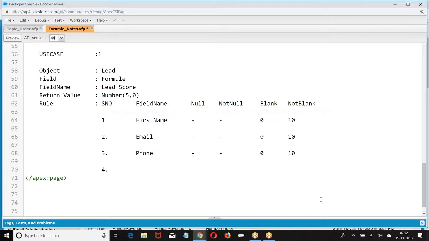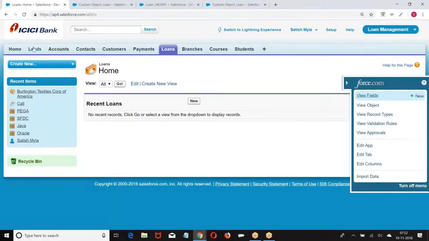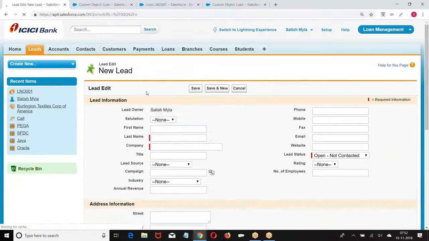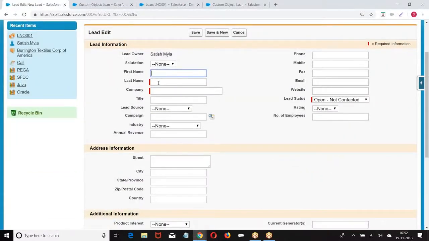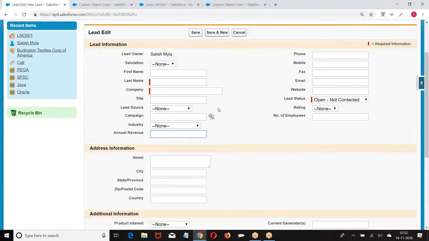Then again we need to go with a couple of fields which you know. We have taken first name, last name, then email, phone number, then number of employees, or else annual revenue.